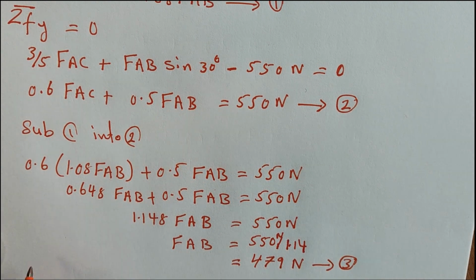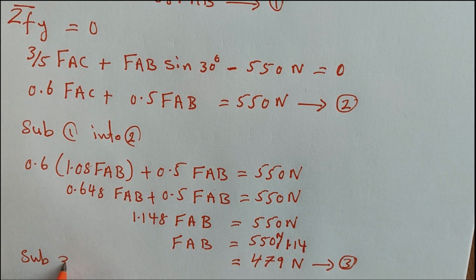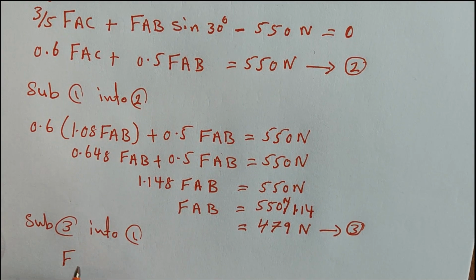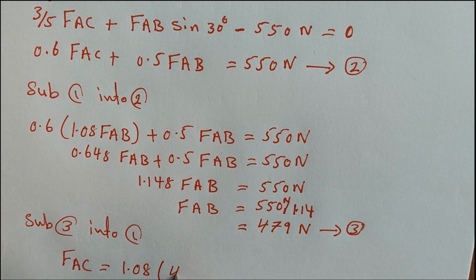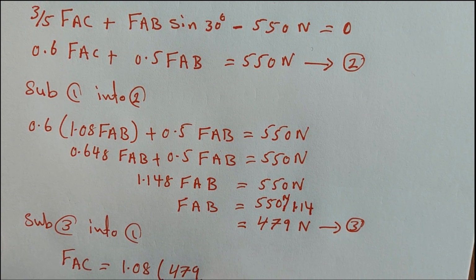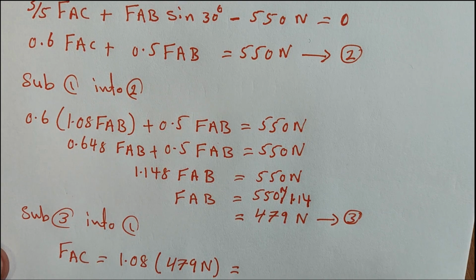Substitute 3 into 1. FAC, from the first equation, equals 1.08 FAB, and FAB is 479 Newton. FAC should equal